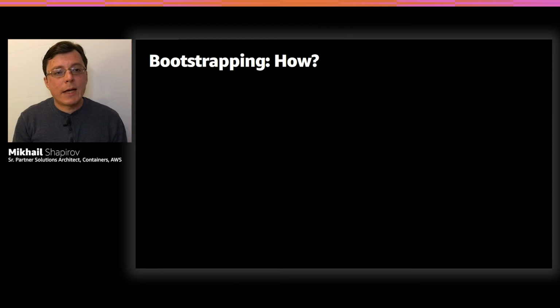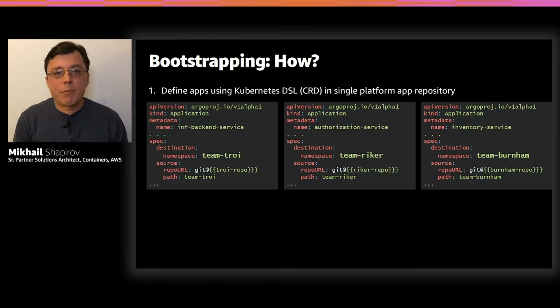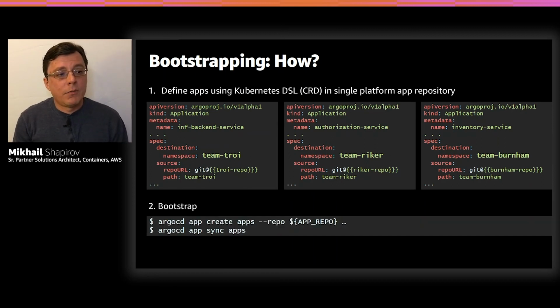Now, bootstrapping and how exactly we're going to do it. That's how the app of apps is going to look. We're simply going to have Kubernetes resources for each application. And as you can see on this diagram, each team has an app, and the only thing that we define in that app is a pointer to their Git repository that is owned by those teams. The platform team doesn't necessarily need to have write access to them. It's just read access. And after it's done, we can simply bootstrap with a single command, or a couple of commands if you want to have full control over at which point applications are actually synced in the target cluster. With that,